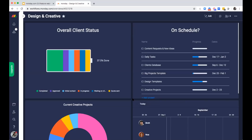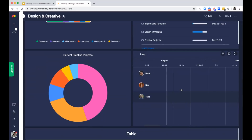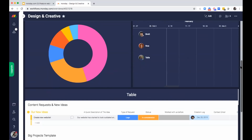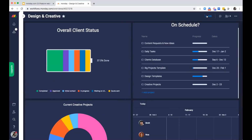Okay, so this will help us understand who on our team is busy, at capacity, and so on. This is an example of the workload widget we can see right here. Essentially, I was able to pull multiple projects into one shared space. So how do I add that in? When I go to edit,